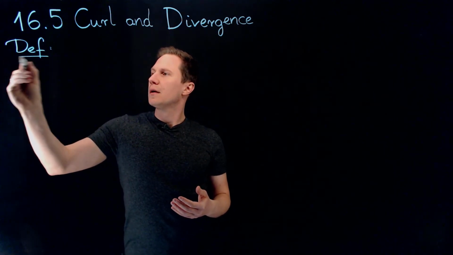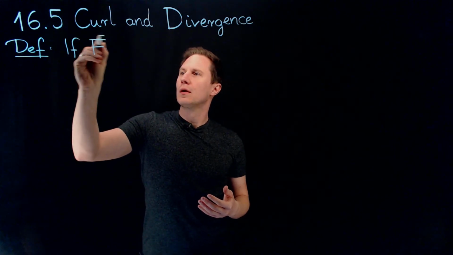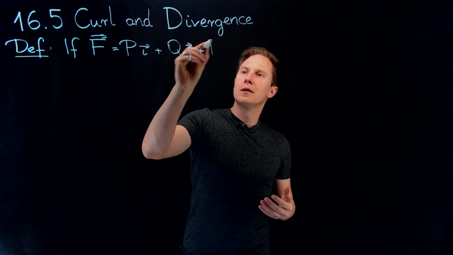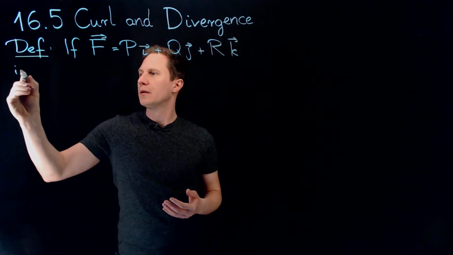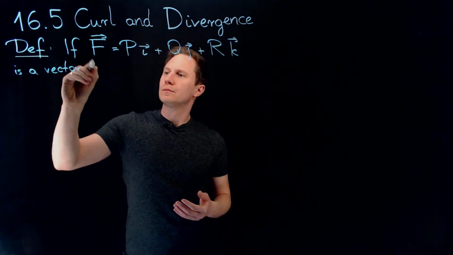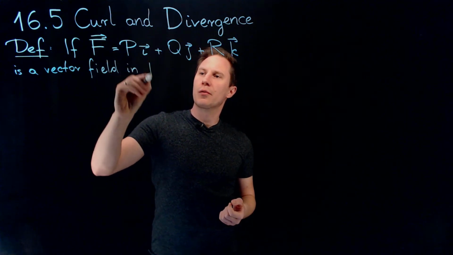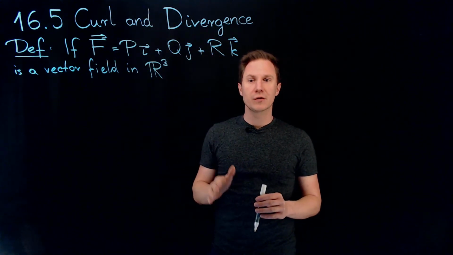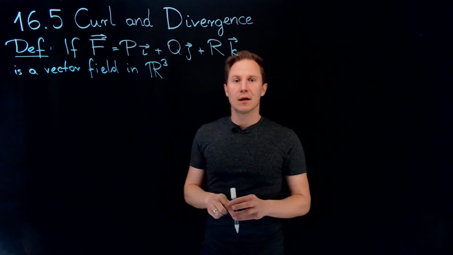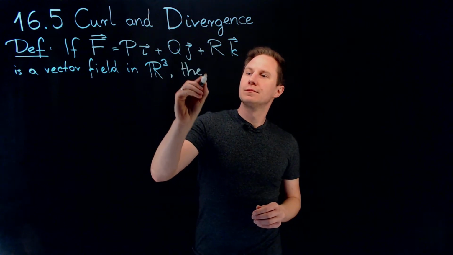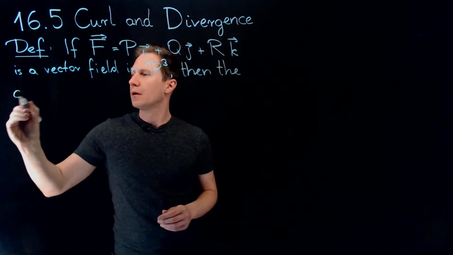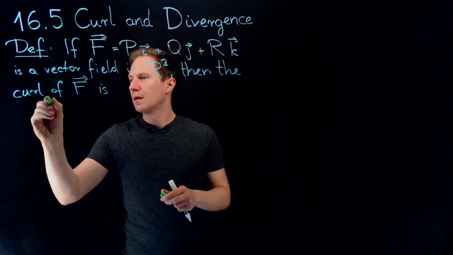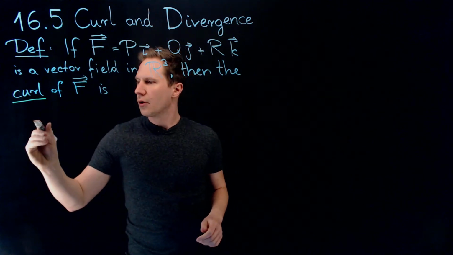So, if F with components P, Q, and R is a vector field in R3, and the partial derivatives of P, Q, and R, which are functions of x, y, and z, they all exist, then the curl of F is the following quantity. It's denoted curl F,